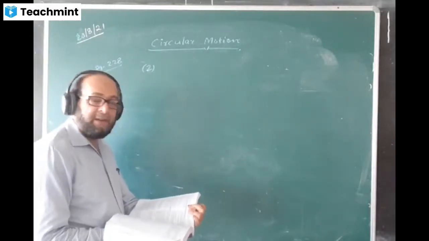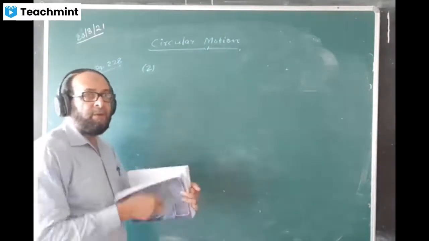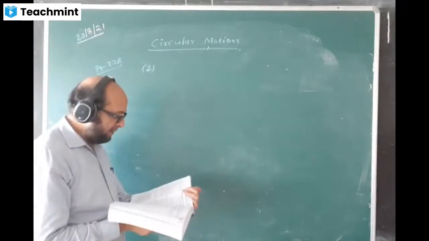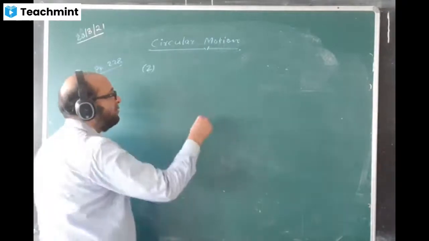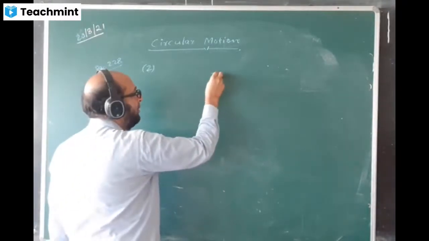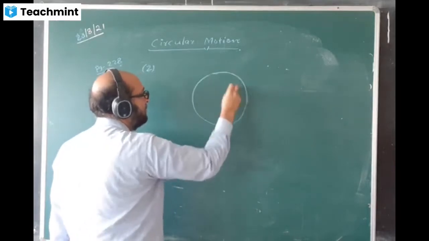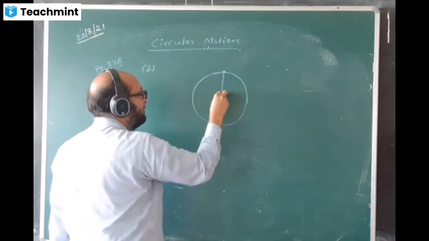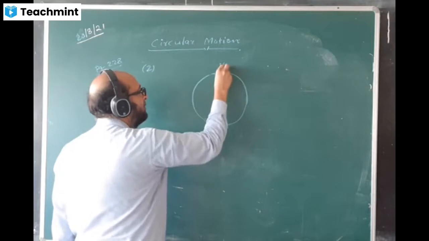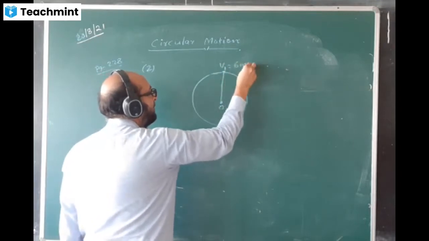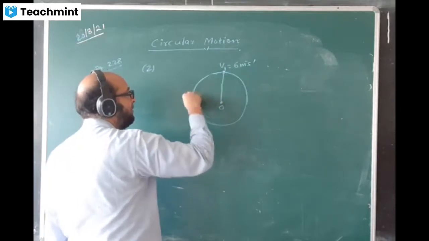There is a piece of stone, it is tied to a string 1.5 meter long. At the top of the circle, the velocity was 6, and you have to find the tension in the string when the string becomes horizontal. I draw a diagram here like this. This could be the top of the circle. This is the string. Here the velocity, suppose this is V1. V1 is given 6 meters per second. You have to find the tension when the string becomes horizontal, either this way or here.